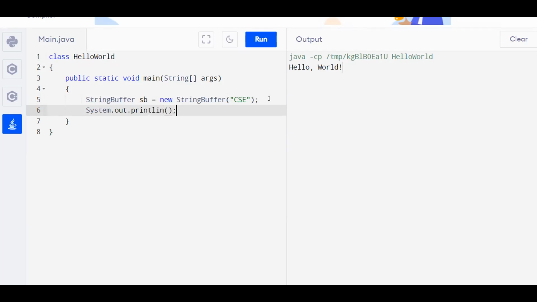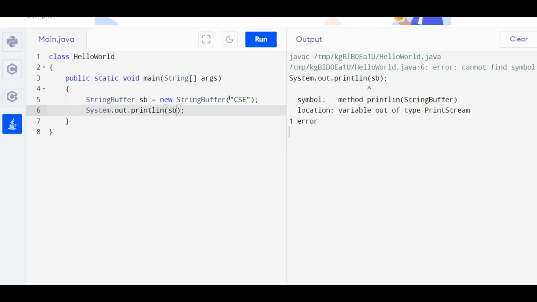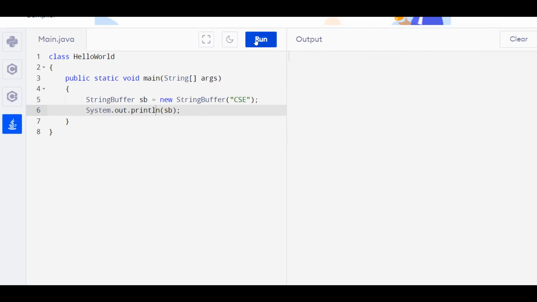We shall just print this StringBuffer, so we'll get to know whether we are getting the output or not. Println. Okay, we got the output, that is CSE.